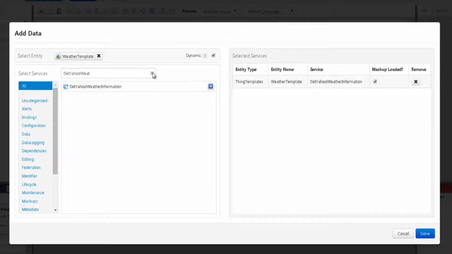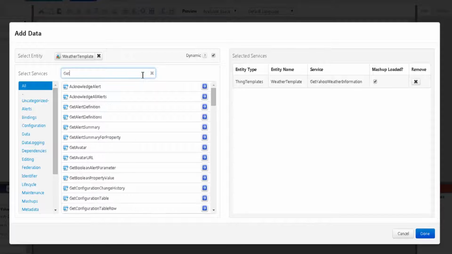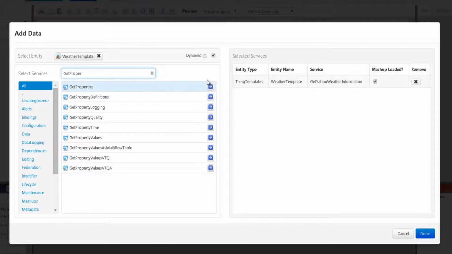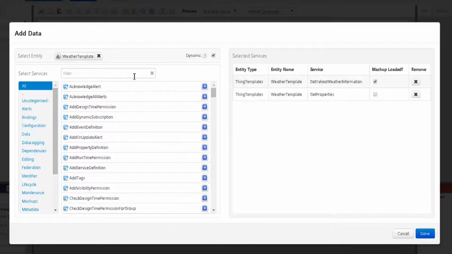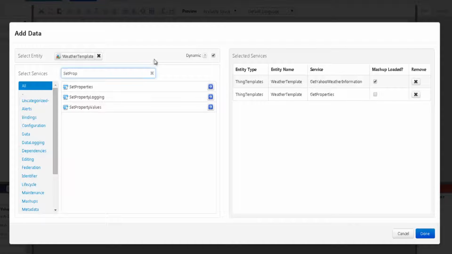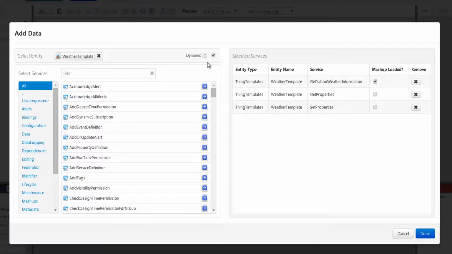In order to display the temperature and humidity property, I will search for the get properties service. This will get the properties of everything. And in order to set the location of the thing, I will need to add the set properties service. So I search and add it. In order to display in the list all the things which were created using the weather template, I will uncheck the dynamic property